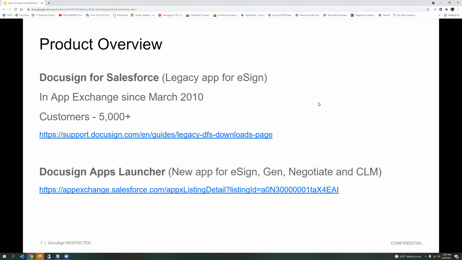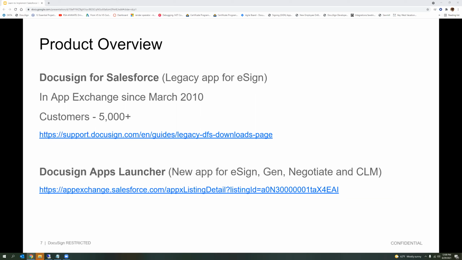So what I want to say here is, it's been more than 11 years since DocuSign started its app journey. Our first app, called DocuSign for Salesforce, showed up in the App Store in March of 2010, and it has allowed our users to send documents out for signature directly from within Salesforce. This app has grown in functionality and usage every single quarter, and today it's in use by more than 5,000 customers who send off so many documents with signature that every 2 seconds, somebody somewhere signs a Salesforce document.